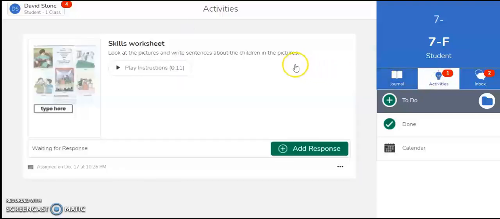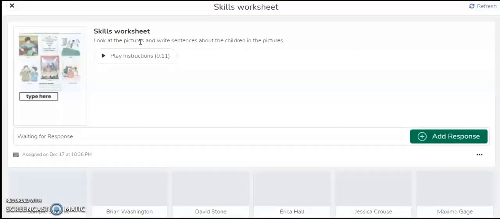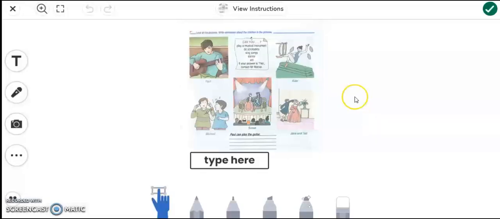When students are logged into Seesaw, they are going to see that they have some new activities. When they click on an assignment, they will see those same instructions and be able to listen to the audio version. Then, when they are ready to respond, they will click Add Response. In our assignment, students have to write some sentences about abilities. For example,